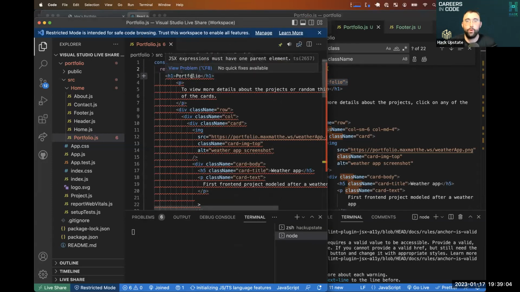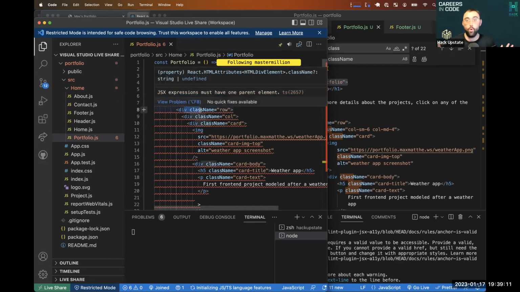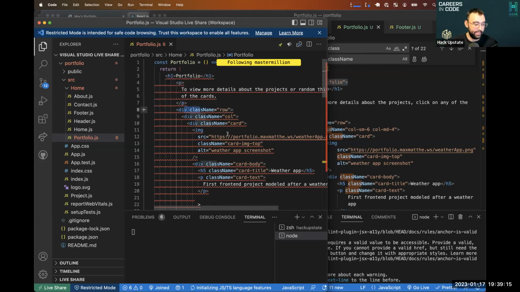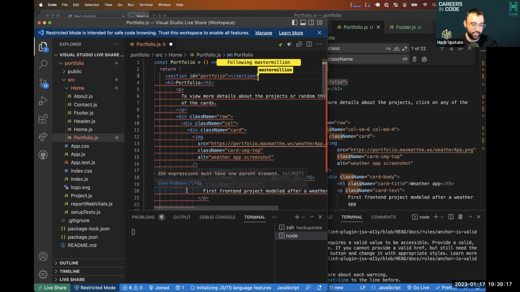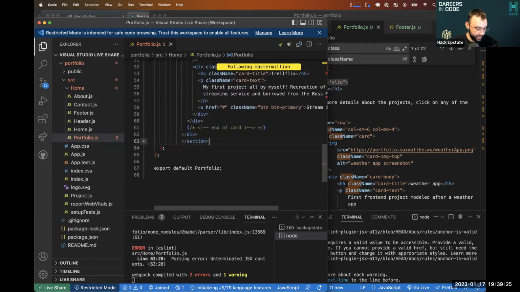So this is the problem we were talking about before, because we're returning out an H1 and a P tag and a div. It's like, whoa, you're returning multiple things. That's not allowed in React. So what we do is we just put our section tag back in and then take our closing section tag and put it all the way down at the bottom. And now our eyes are not bleeding, but we do have a problem